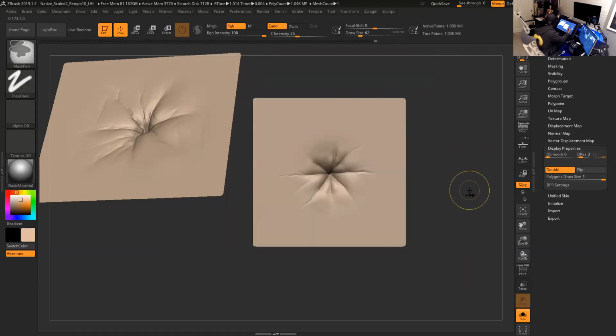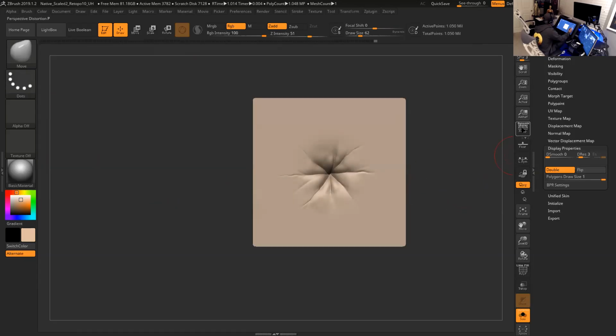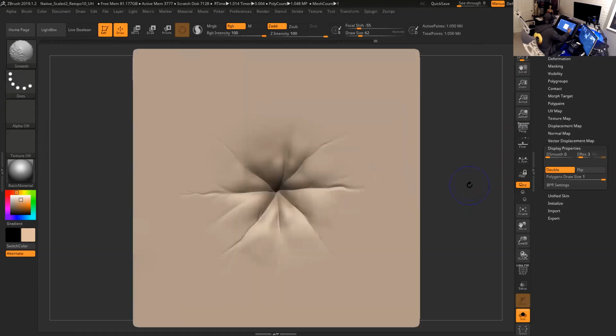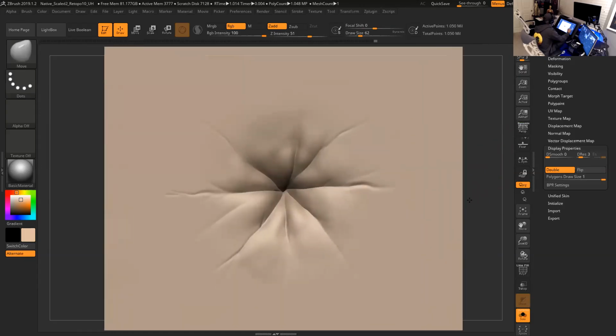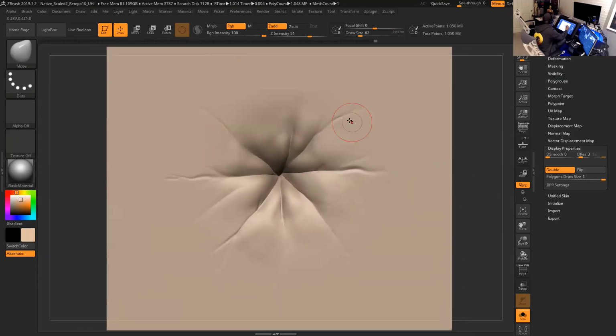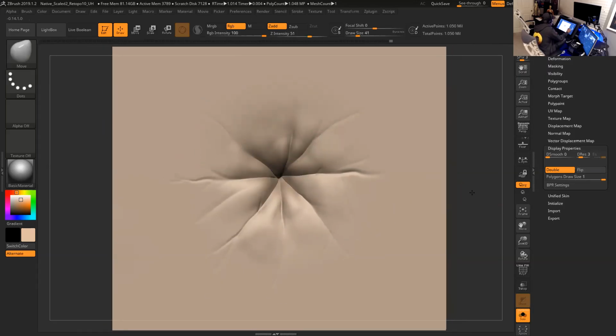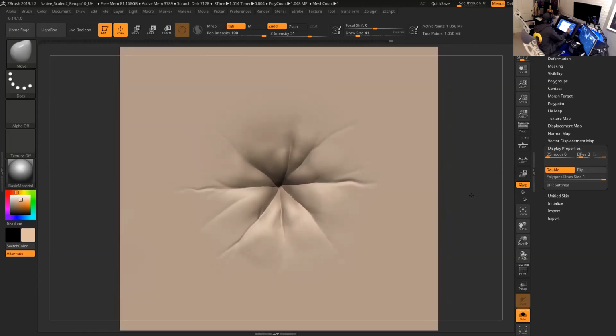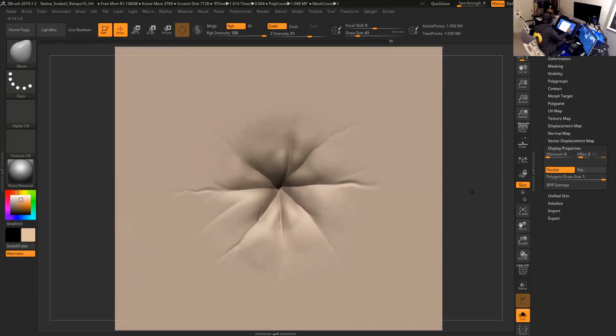So let's create an alpha now with this thing. Let's do a Control-N to remove the other one. And make sure you have your perspective off, right? So I'm gonna go and zoom in right here. It's not perfect, right? There's lots of room for refinements in here, but for our example, it's gonna work. So if I have this brush around here, right in the middle of the screen,